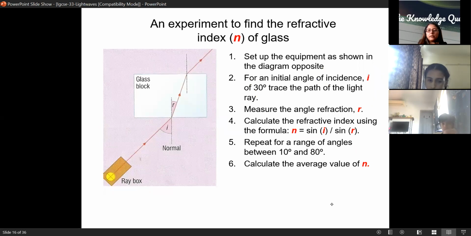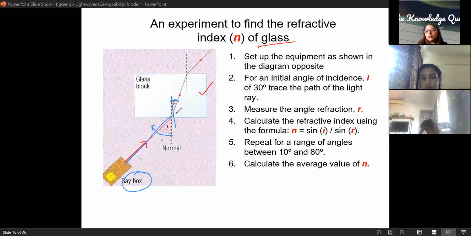So this is an experiment where you're trying to find the refractive index of glass. See what we are doing here: a glass block. Look carefully, it's a glass block. What is this? A ray of light. For producing that ray of light, you have a ray box. Some ray of light is being produced, and obviously you know what the normal is. You make the normal, and you keep changing the value of I, this angle. Because of changing the value of I, R will change, right? So every time you do that, you note it down.